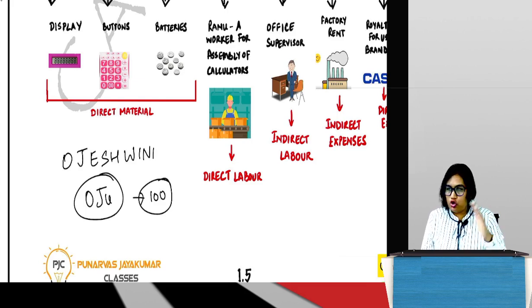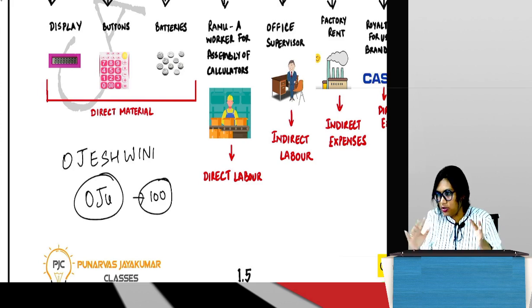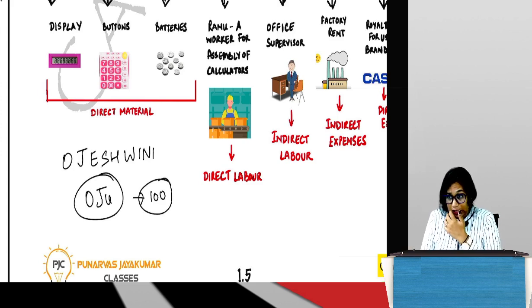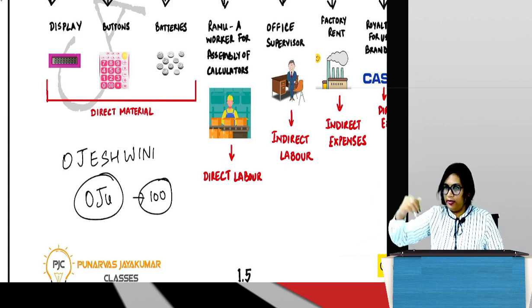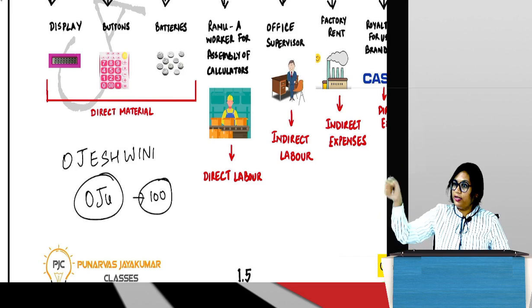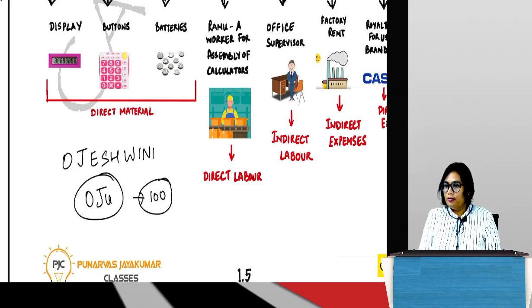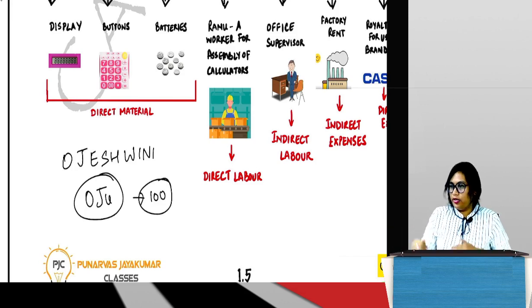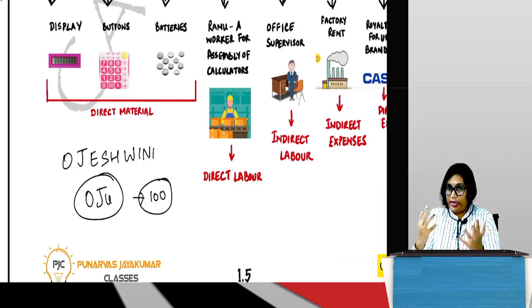Okay. So she goes to take an appointment with the CEO. The CEO is there. He also is very nice. He welcomes Oju in his office. So now Oju has a question. She's like, sir, you have a calculator, I have a calculator. Your calculator has these features, my calculator has these features. Your calculator does not have AI feature, my calculator has AI feature. Still, students don't want to buy my calculator, they are all buying your calculator. Why?